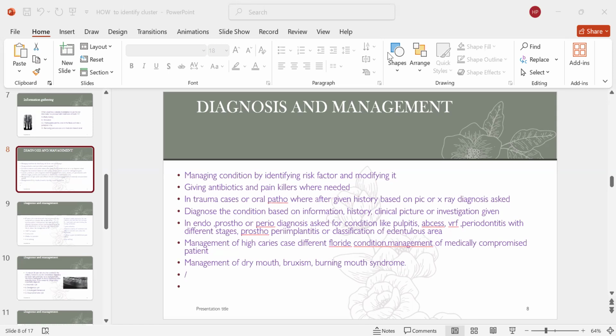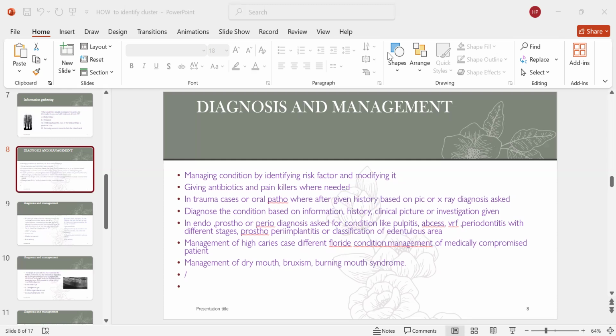The antibiotics you are going to provide before the treatment, the painkillers you are going to provide before the treatment, that comes to the management part. How you are going to manage the patient before providing the treatment. Okay? And many candidates are lacking here. They don't know whether it belongs to the management or treatment plan, and they are failing the cluster and wondering where they are missing.